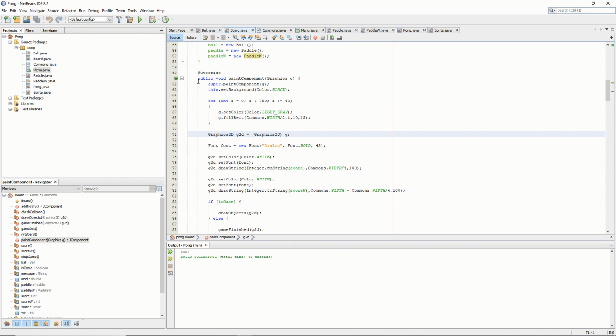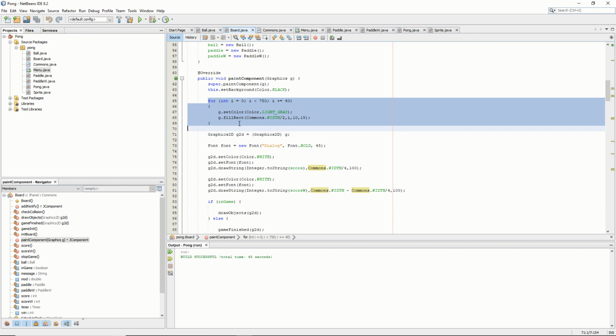Here is a very important part, the paint component. This is what draws things on the screen. So super.paintComponent(g) overwrites the GUI so that we can set stuff. So we set the background to black, and then here is a little for loop that we used,